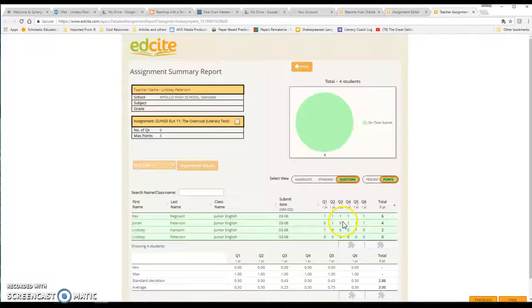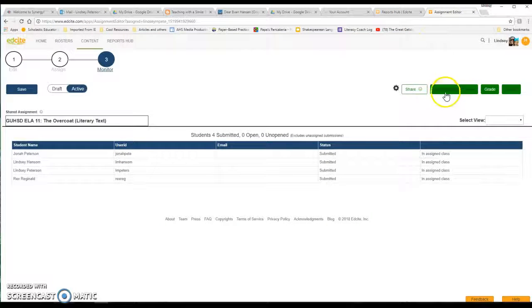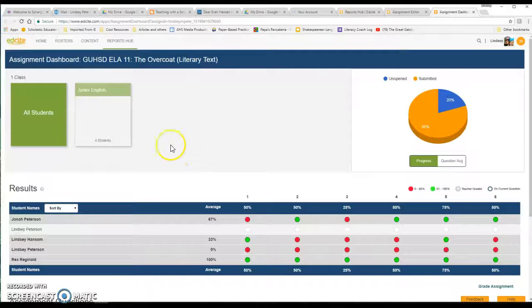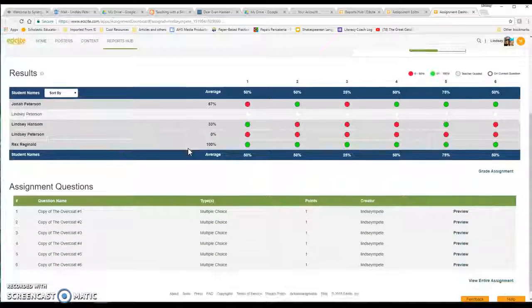You can see it shows you the same data. Okay, question 3 is the question that most people struggled on, or like down here, the average for question 3 was 25%. It's just, I don't think it's very easy to read or all that helpful, and I don't think the data that it gives you is great. So I think, like I said, the best way to look at that report is to go to this assignment